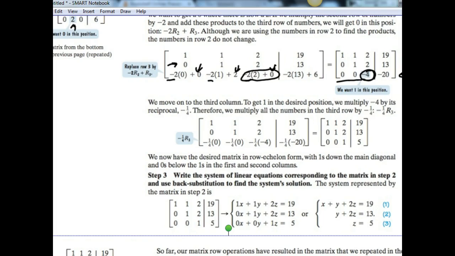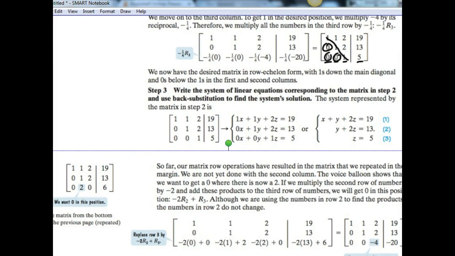So if I multiply this whole row by -1/4, then I'm going to end up, as you can see, with 0, 0, 1, and -1/4 of -20 becomes a +5. Okay. Now, I have what I wanted, which is a 1 down the main diagonal, as they call it, and zeros underneath each one of those columns. Now, what that translates into